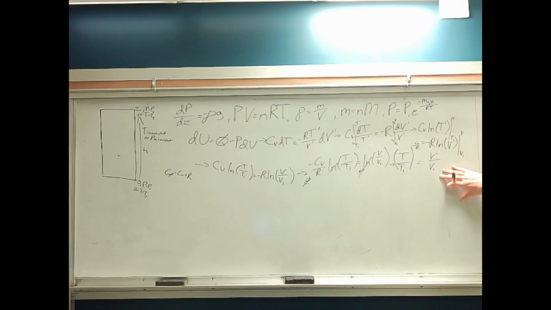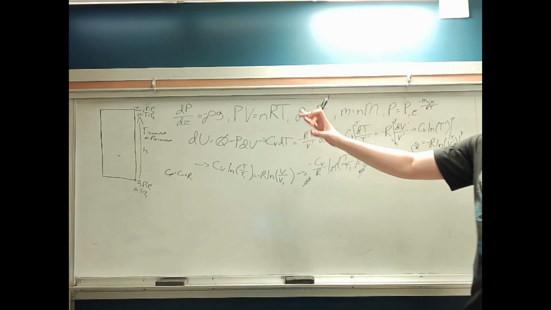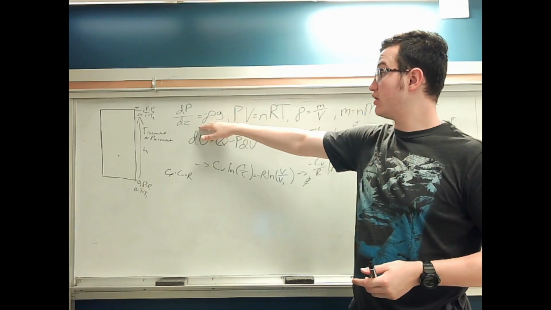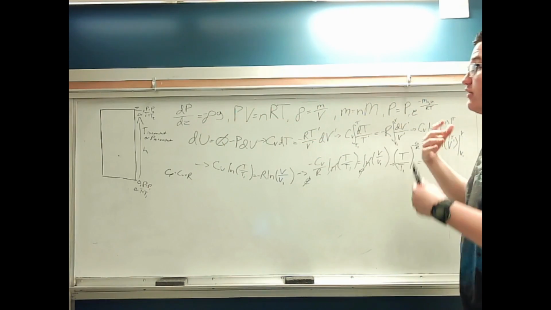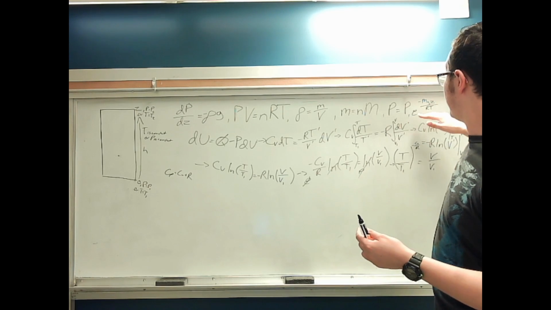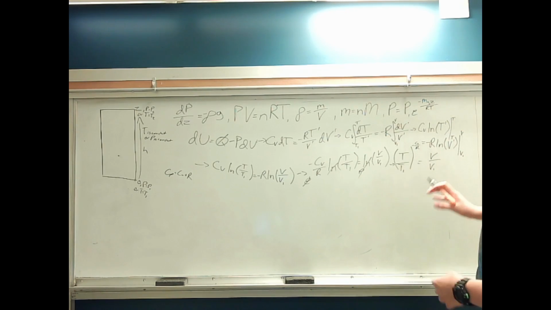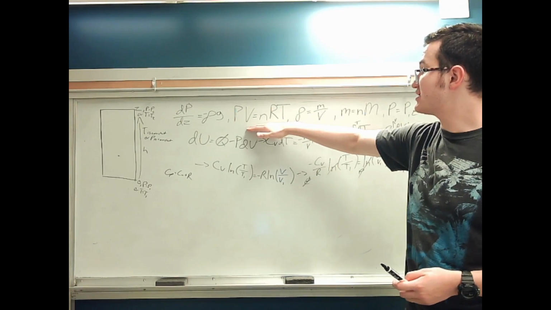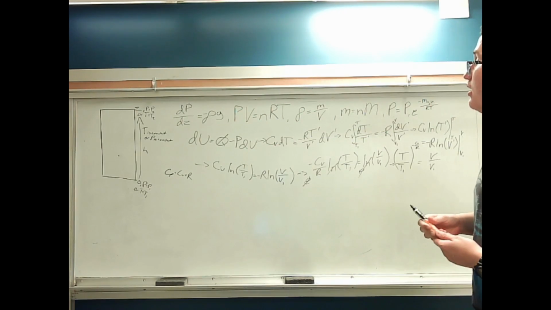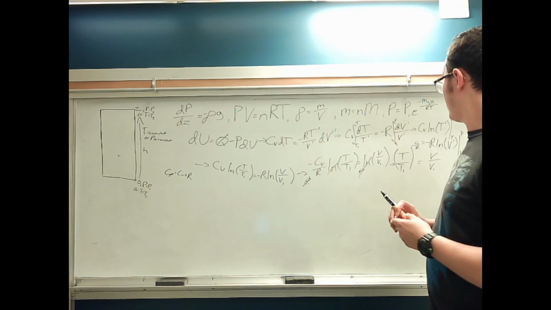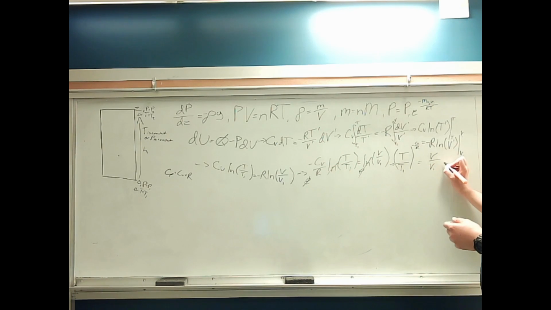We've seen this, but now we want to go back to the pressure because we want to get all of this into this equation, into the workup that we did here. So, because we know V is equal to this, V is equal to nRT over P, we know that